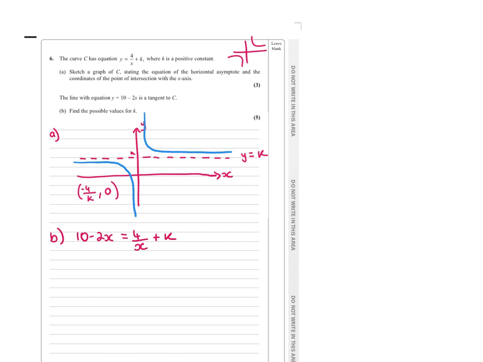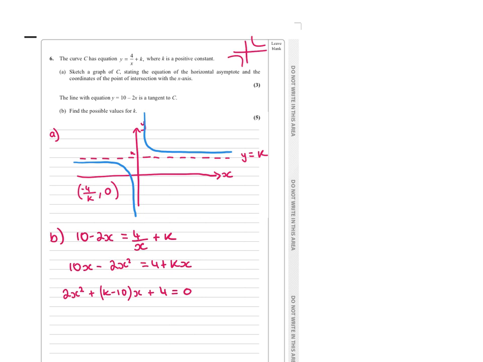Now what I'm going to do is multiply everything by x. 10x minus 2x squared equals 4 plus kx. I'm going to move everything to the right-hand side. So I'm going to get 2x squared, plus (k minus 10)x, plus 4 equals 0. Now we're going to use the discriminant because we know